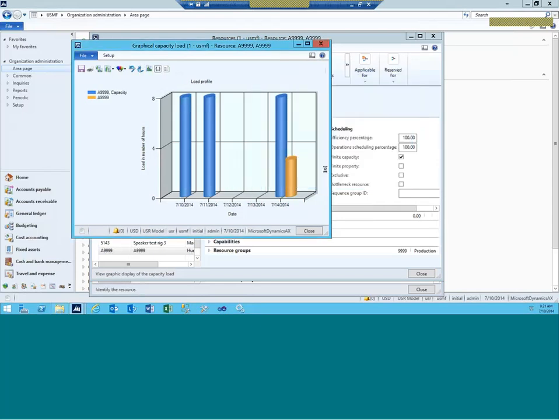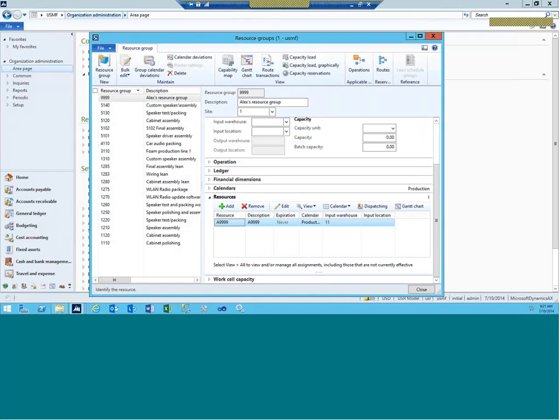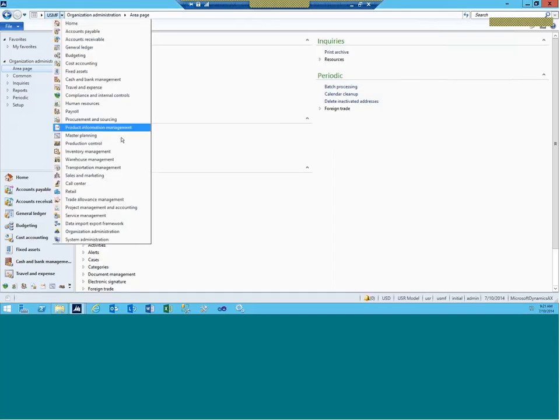Click apply, and it shows you the nice picture that on 10 and on 11, I did not consume anything. So this is the capacity with the blue, and this is really what I consumed with the yellow. So if I want to go ahead with the production scenario, what I will do, I will navigate to